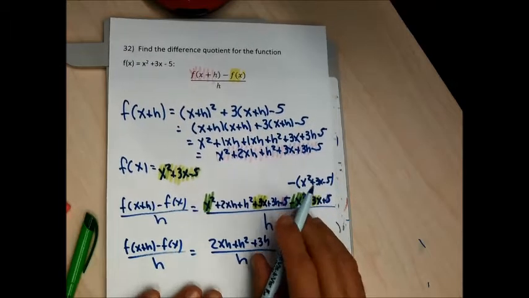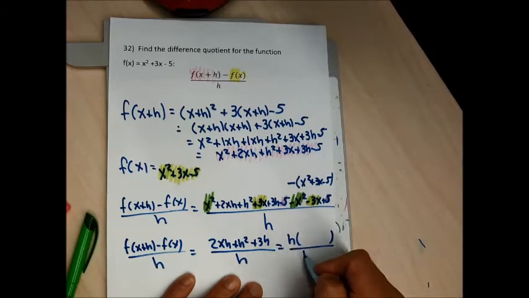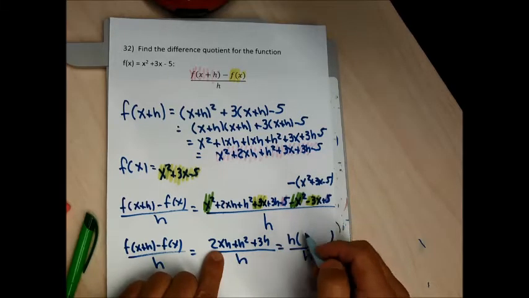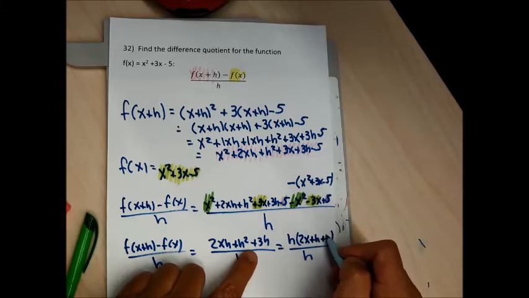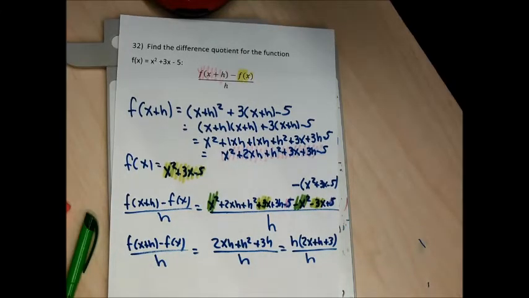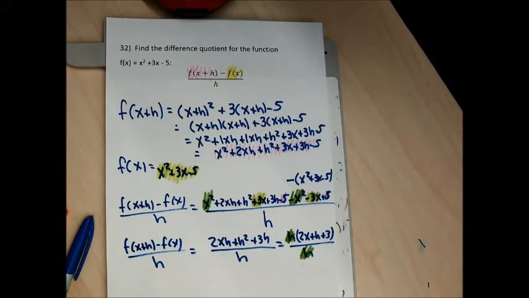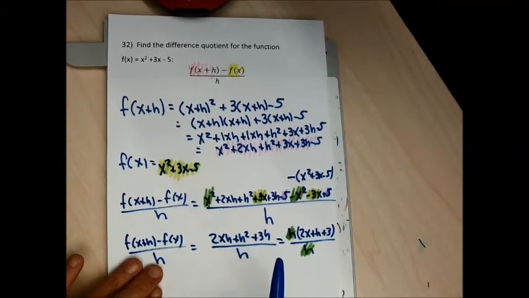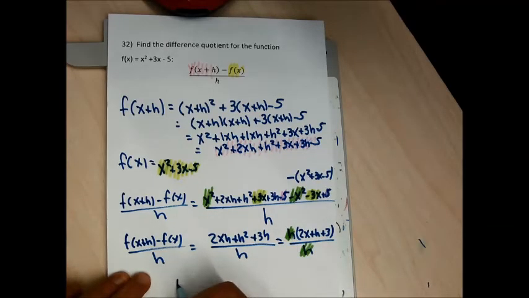Now I'm going to factor out an h as a common factor from the numerator and do a 1 parentheses factoring. When I factor out an h, from there I'm left with a 2x. From here I'm left with a plus h, and from there I'm left with a plus 3. Now I'm allowed to cancel the common factor of h with the h in the denominator. I've canceled the entire denominator, so my answer doesn't need to be a fraction. The answer to this is going to be what the numerator is, and without the parentheses. The difference quotient, the answer to the last problem on the review, is going to be 2x plus h plus